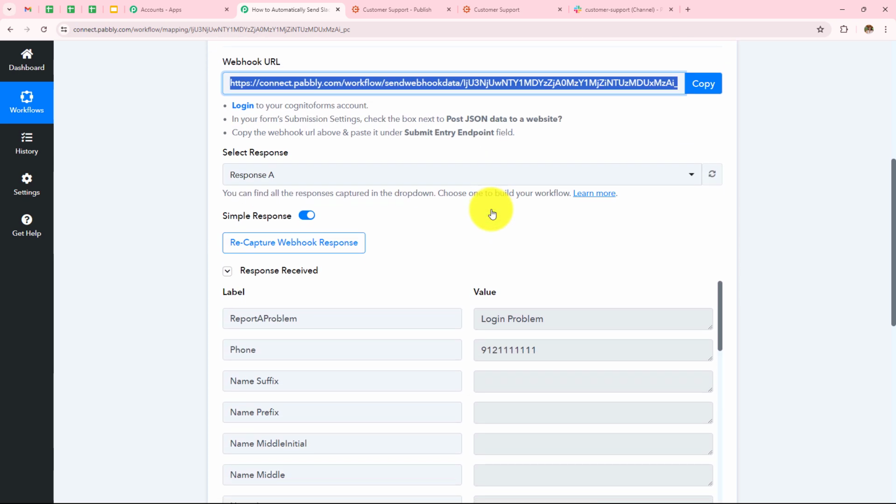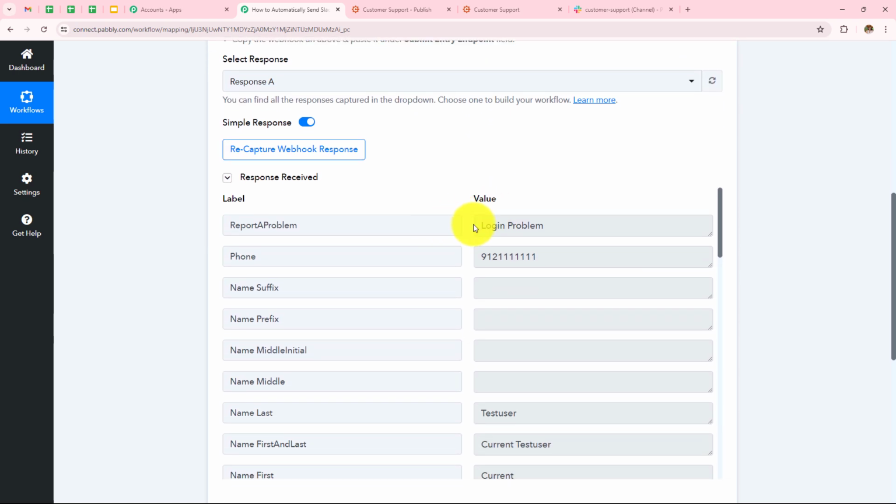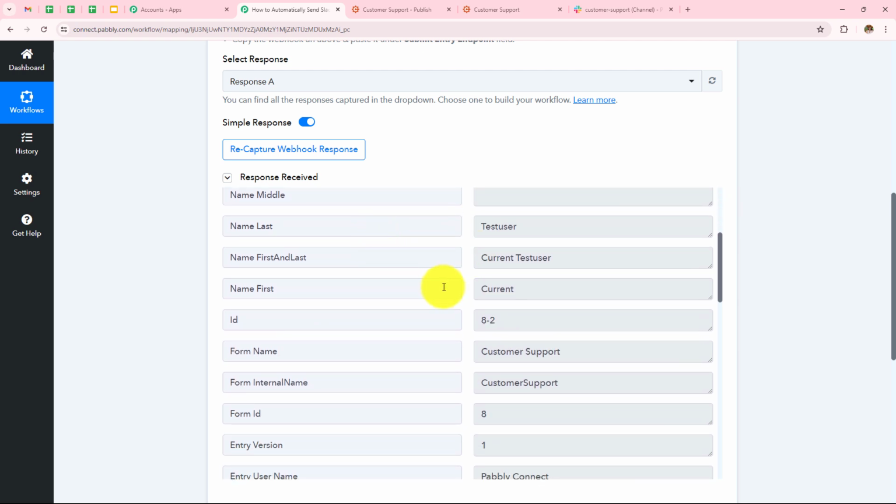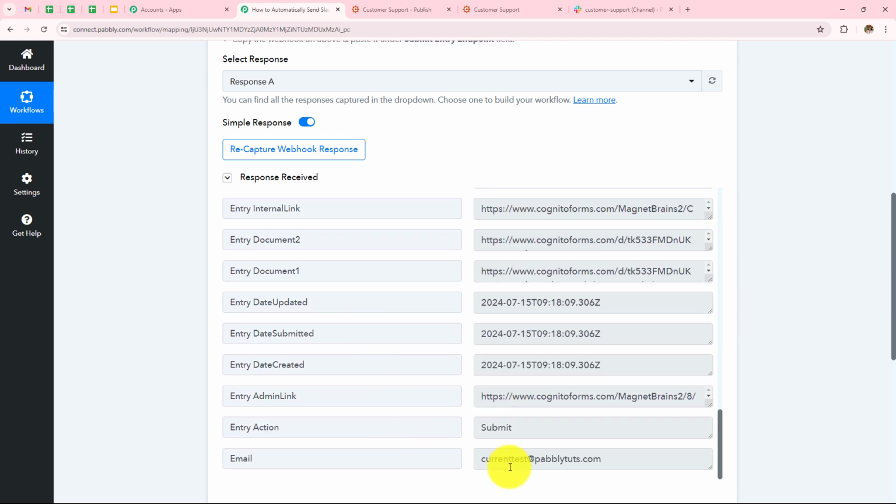So we have successfully captured this response. The problem was login problem. The phone number was this. The first name was current. The last name was test user. And the email address was currenttest@pabblytudes.com. So Pabbly Connect is successfully connected with Cognito Forms, and now we need to move to our next step,